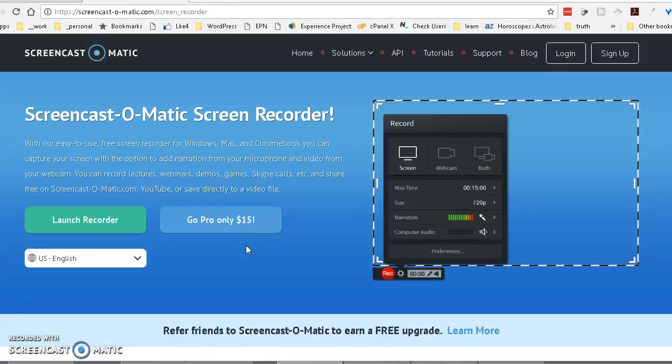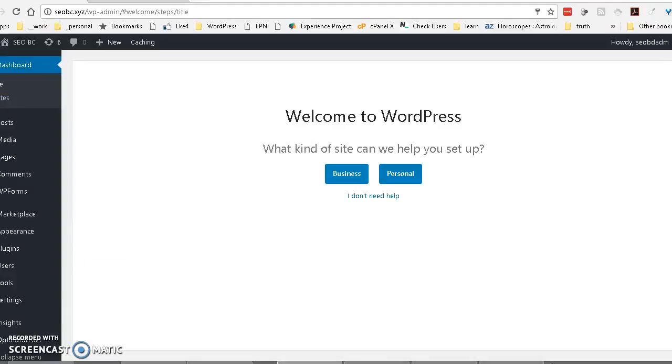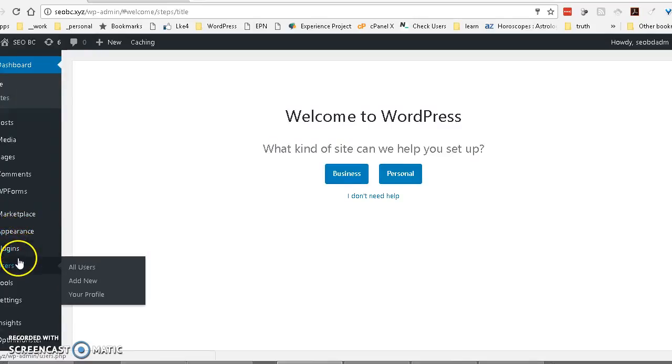Alright, so you just start with a very simple install of WordPress. It'll come like this. Welcome to WordPress. So from here, I guess you can't really see too well here, but the first thing I do is I go into plugins